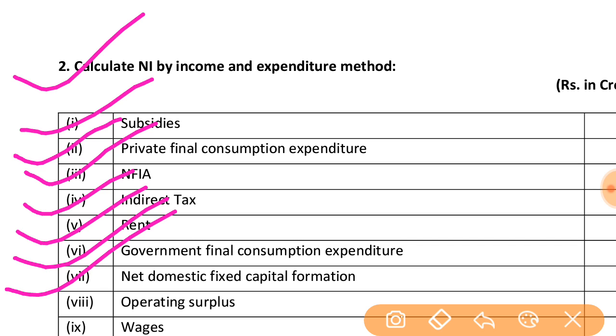So next, operating surplus. Operating surplus means what? It is the income from ownership of property or entrepreneurship. When an industry owner gets income as an owner, whatever income is earned from his property or entrepreneurship is known as the operating surplus. Next is wages. Wages you already know. Wages are actually a monetary compensation, that is, for labor it is given as wages. It may be salary also; salary and wages are the same thing.